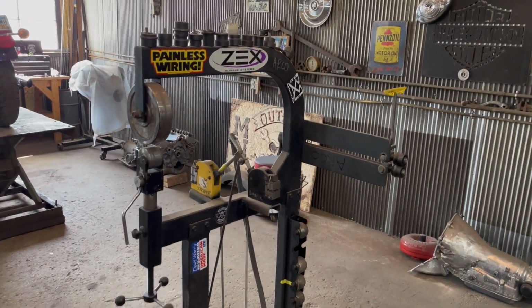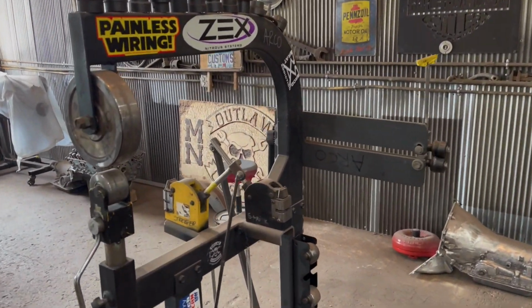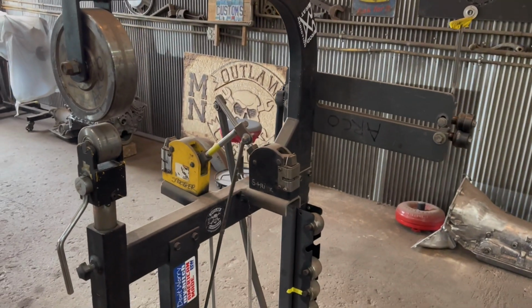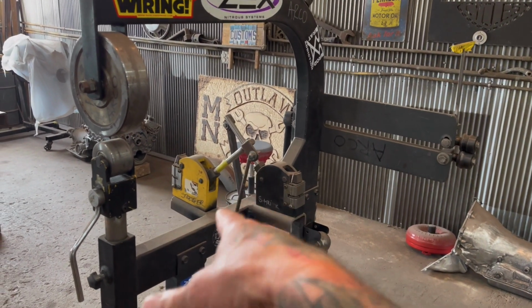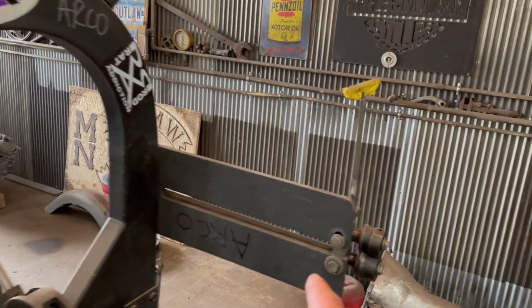All right, so today's video, I'm doing this for David Rex. He left a comment on the YouTube channel asking about the shrinker stretcher mounted to the English wheel and the mechanism that I used to do that. But first I'll show you how I mounted the